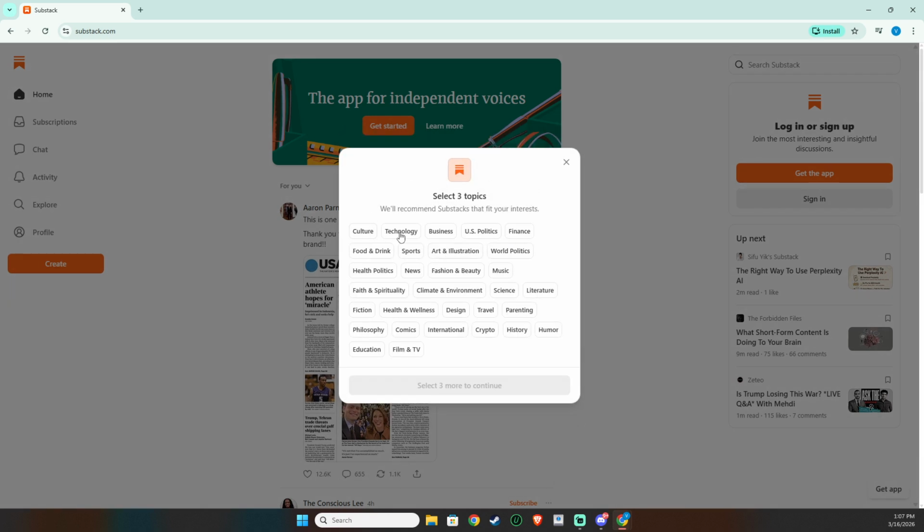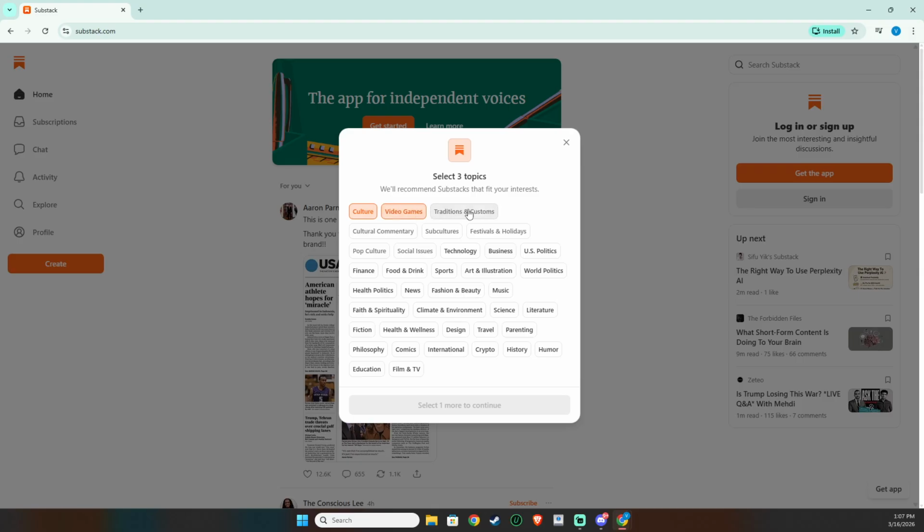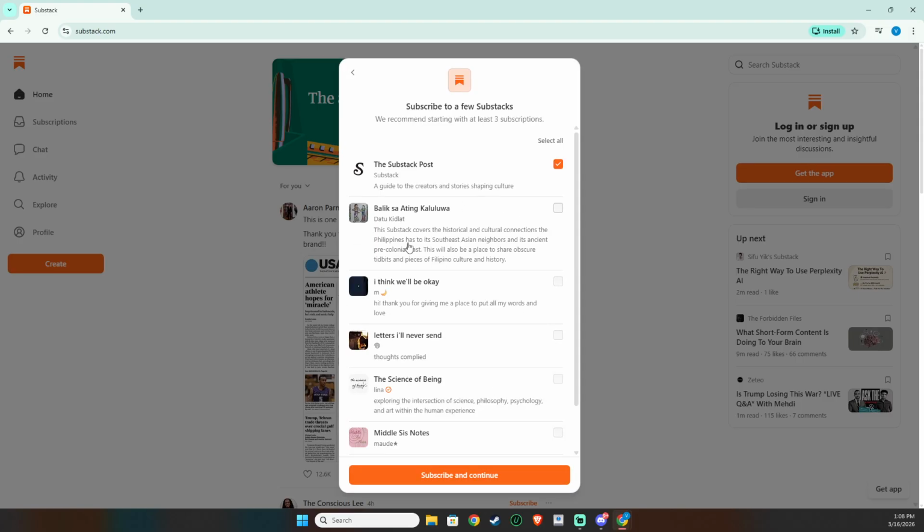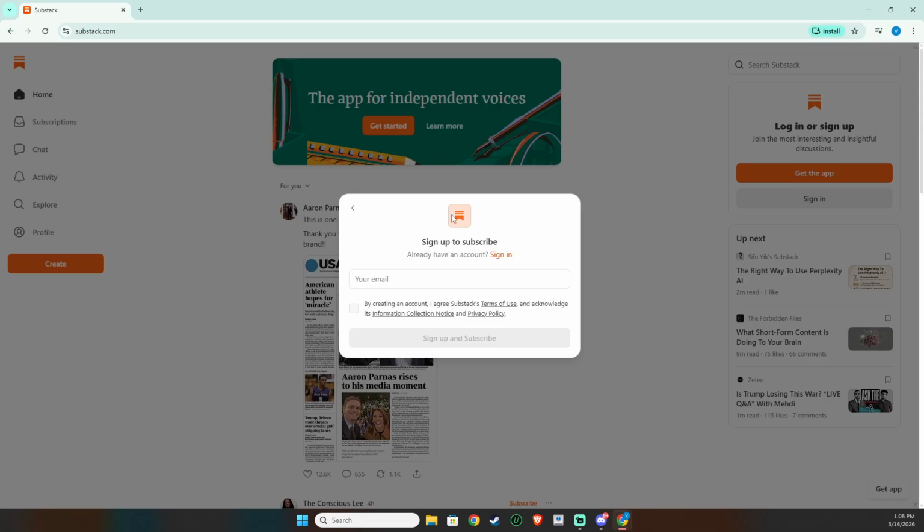That takes you to a simple form where you'll enter your email address. Use an email you can access right now, since you'll need it for verification. Avoid temporary or shared emails, because you'll want this account to be secure and easy to recover if needed. After you type in your email, click Continue.